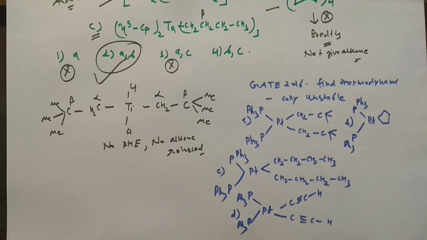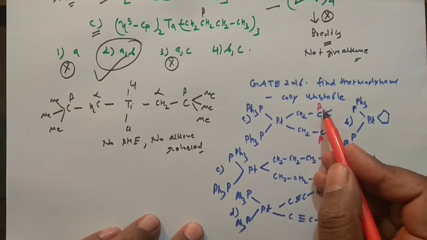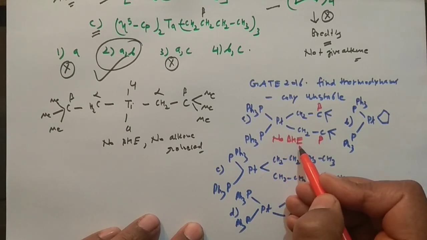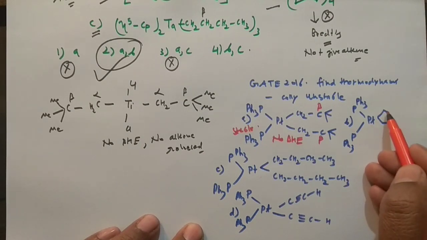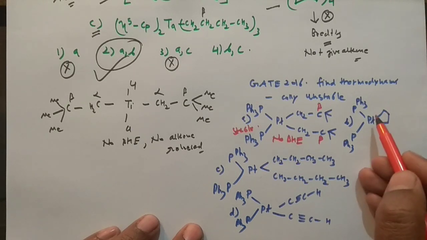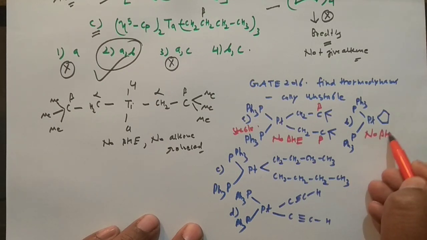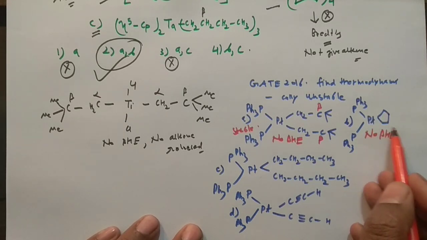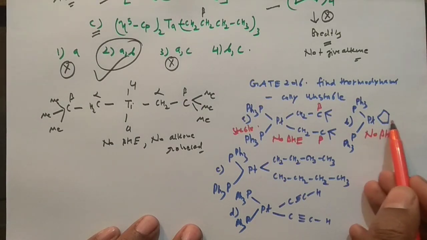If you go for option 1, this is beta, this is beta, and the beta carbon is not having any hydrogen, so no beta hydride elimination reaction. And when there is no beta hydride elimination, that means it is stable. This is the 5-membered ring, and it is not good to break this 5-membered ring to do beta hydride elimination. So again, no beta hydride elimination. Remember, you are not comparing 2 different cyclic complexes, you have only one option, so it will not undergo beta hydride elimination as cyclic compounds. It is not good to break this chelation from here.